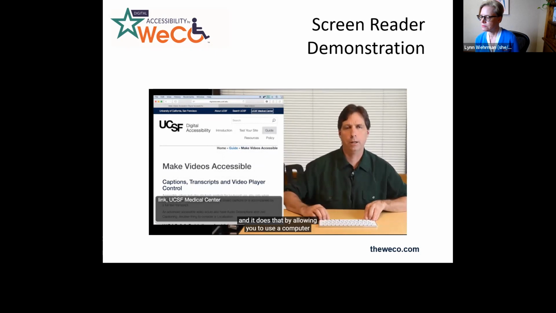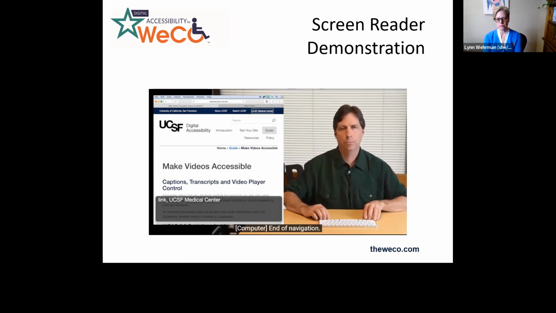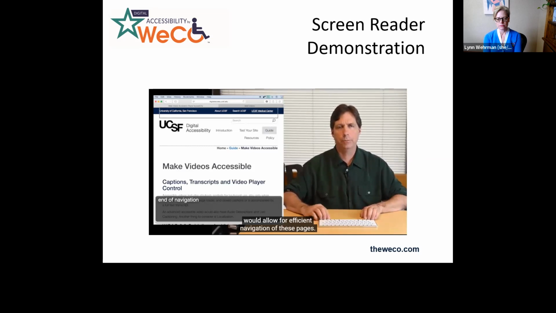And it does that by allowing you to use a computer keyboard instead of a mouse. You can also use a braille display as an input device. End of navigation. And what it does is it cleverly determines what's on the screen and presents you that information in a way that would allow for efficient navigation of these pages.